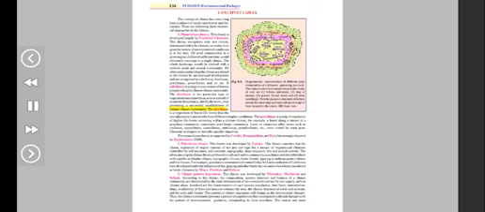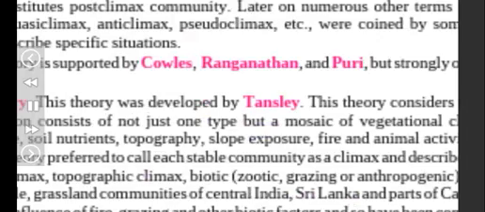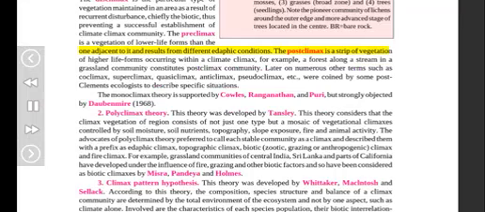The preclimax. The preclimax is a vegetation of lower life forms than the one adjacent to it and results from different edaphic conditions. The postclimax is a strip of vegetation of higher life forms occurring within a climate climax. For example, a forest along a stream in a grassland community constitutes a postclimax community. Later on, numerous other terms such as coclimax, superclimax, quasi-climax, anticlimax, pseudoclimax, etc., were coined by some post-Clements ecologists to